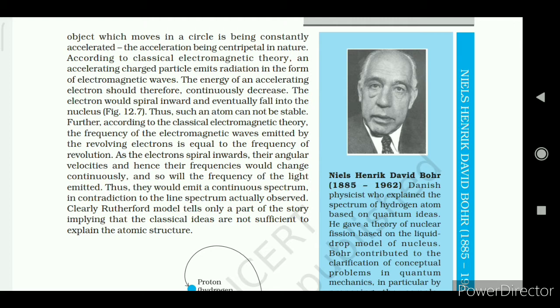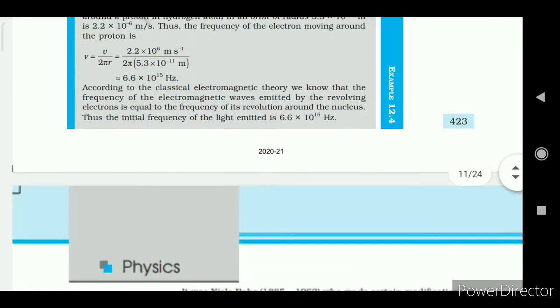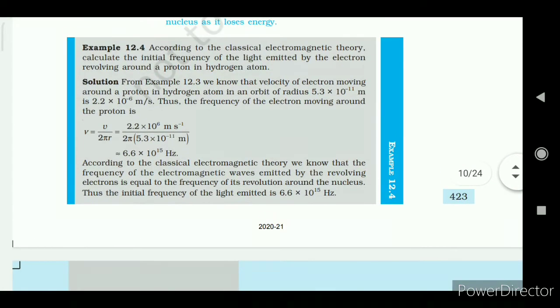L is equal to mvr is equal to nh upon 2 pi, where n is an integer. Rn is the radius of the nth possible orbit and Vn is the speed of the moving electron in the nth orbit. The allowed orbits are numbered 1, 2, 3 according to the values of n, which is called the principal quantum number of the orbit,